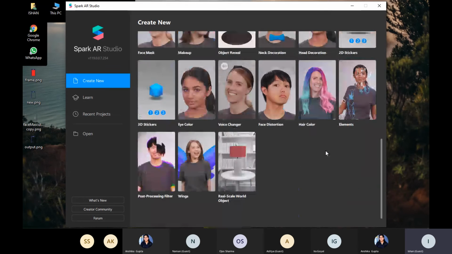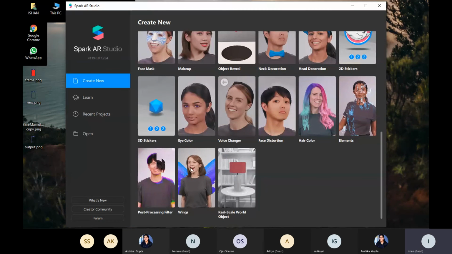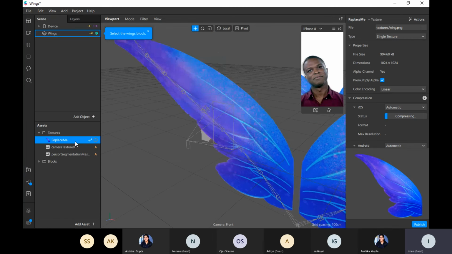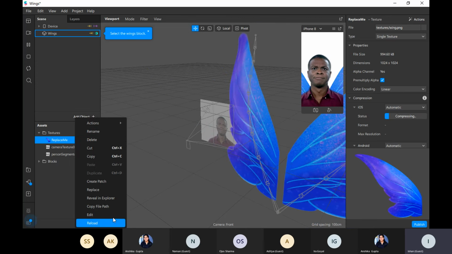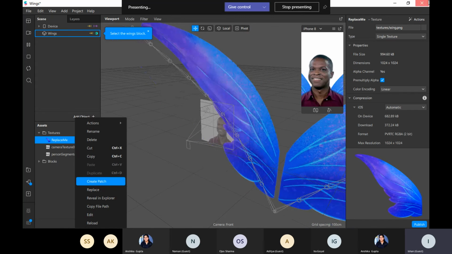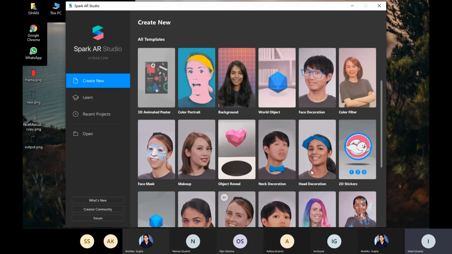I just used this wings filter already provided by Spark AR, and replaced the wing part using my own image. So this is how it works. You can also do it like this. See, this is the image. You can replace it with your own image. Just right click on it and click on replace. That's how you can make filters on your own very easily.